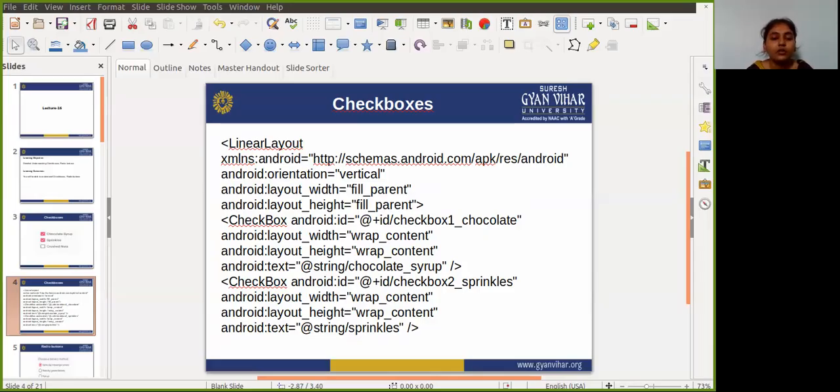We also need to define the onClick option so that it could be submitted by the user. The callback method onSubmit for this button must be public, return void, and define a View as a parameter.